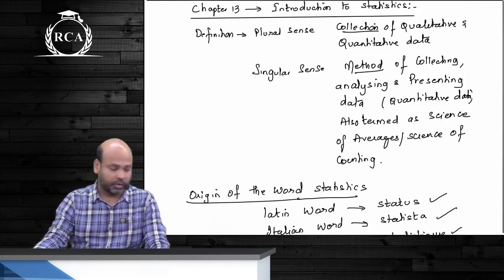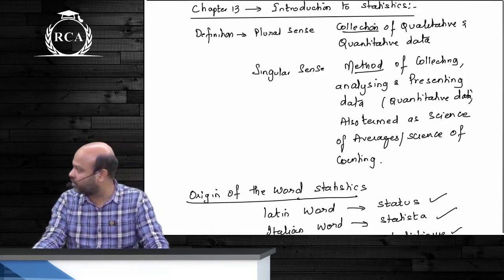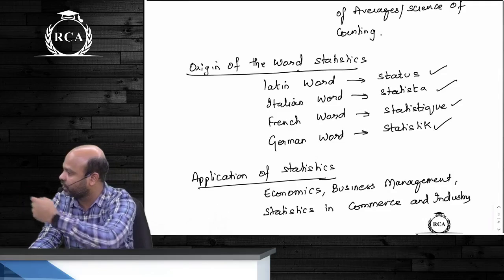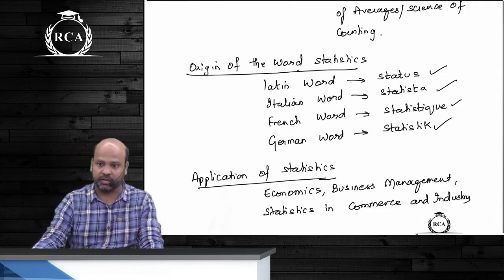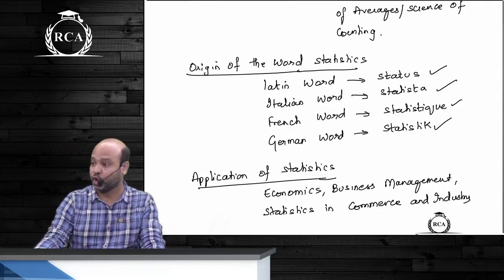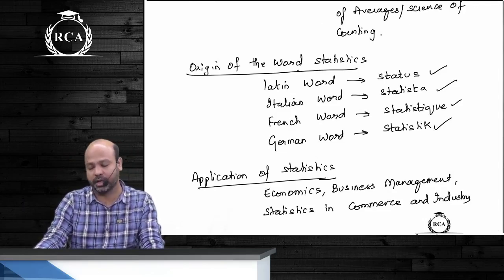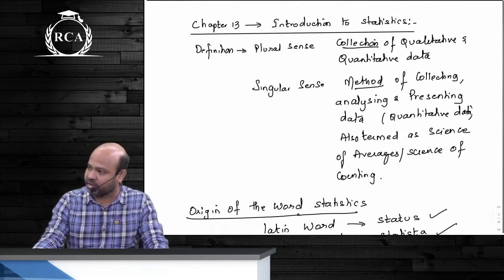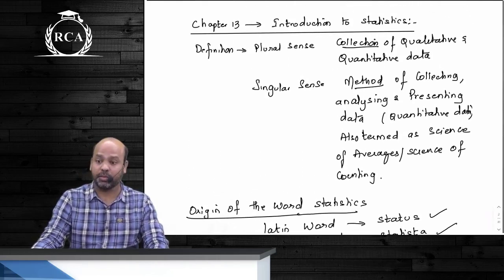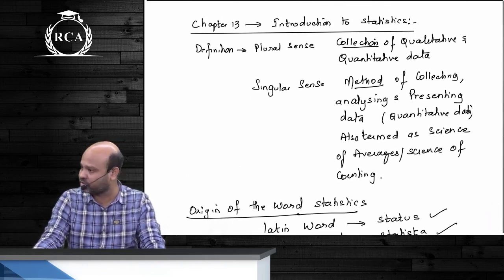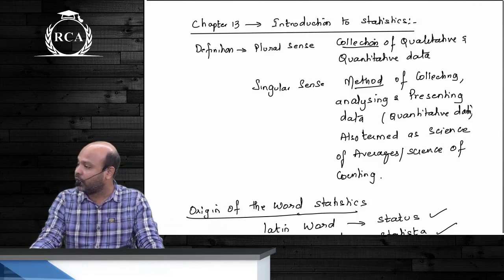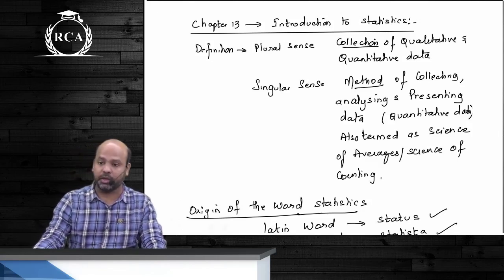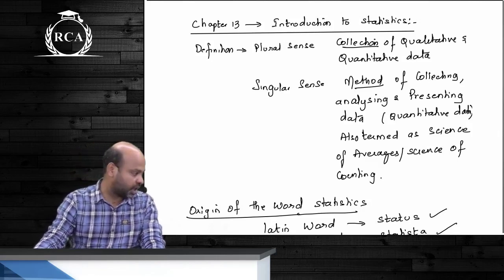The origin of the word statistics, it is either based on the Latin word status or the Italian word statista. French word ends with QUE, German word ends with K. Statistic. And then definition of statistics in a singular sense, in a plural sense. I said when you talk about singular sense, you're talking about the methods that we use in collection and presentation of data, organization of data. In a plural sense, you're talking about the data itself, collection of data which can be qualitative as well